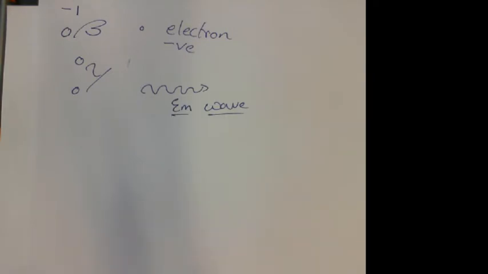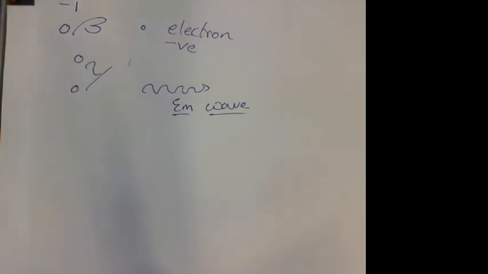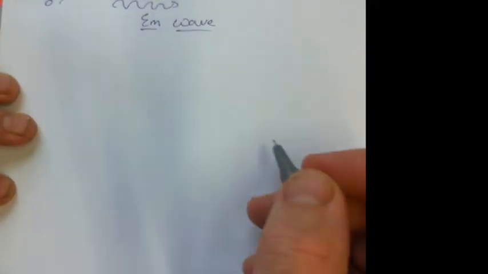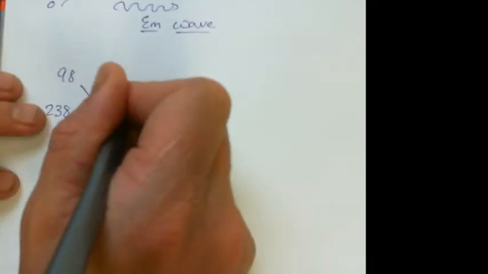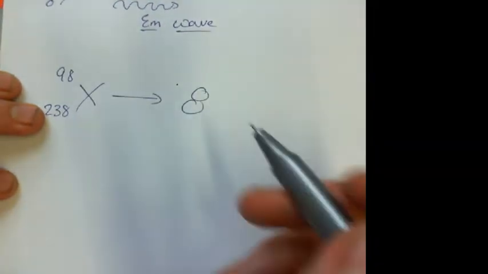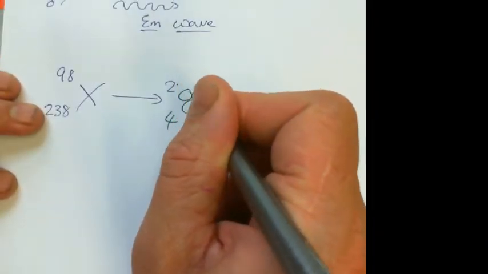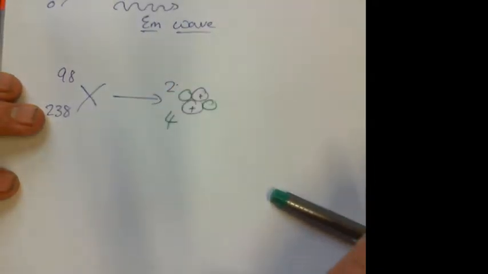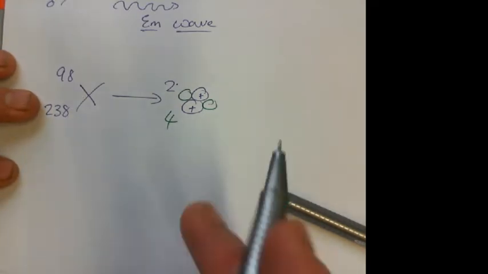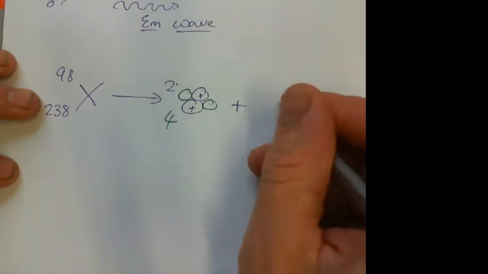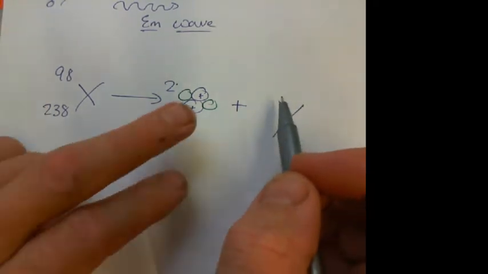Okay, so now that we know what the three types are, the next stage is to look at how they change when we emit different types of radiation. So, if you're emitting alpha radiation, let's say you start off with an element such as X 98 238, and you emit some alpha radiation. Now we know what the numbers are for alpha. We know that they're 2 and 4 because it's got 2 positive, 2 neutral, which means you've got 4 in total. Okay, and we know we started with 98 and 238, so that means that we must have a new element here. We'll call that element Y,